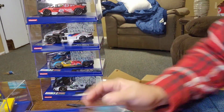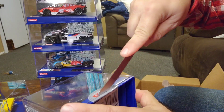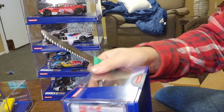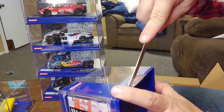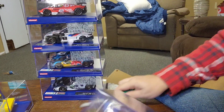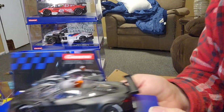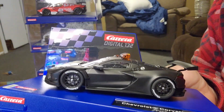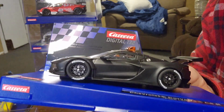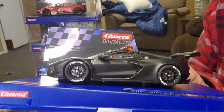All right, that brings us to this one. It's black, but I don't know that I'll really race this one, because I know it'll be fast, because I have 2 of these body styles. I have 2 other Corvette CR8s race cars from Carrera, and they are fast. They're amongst my fastest. So I know this car will run great, but this one will be a pace car